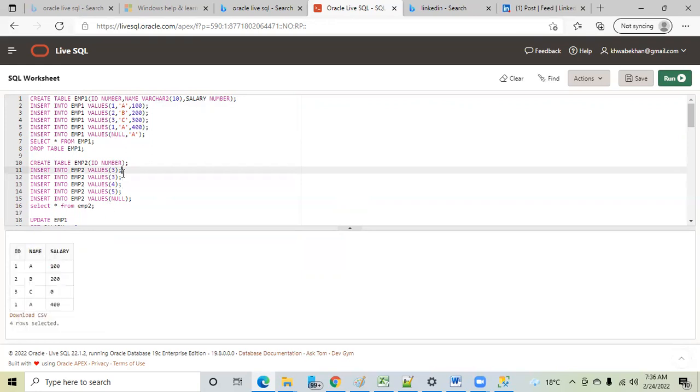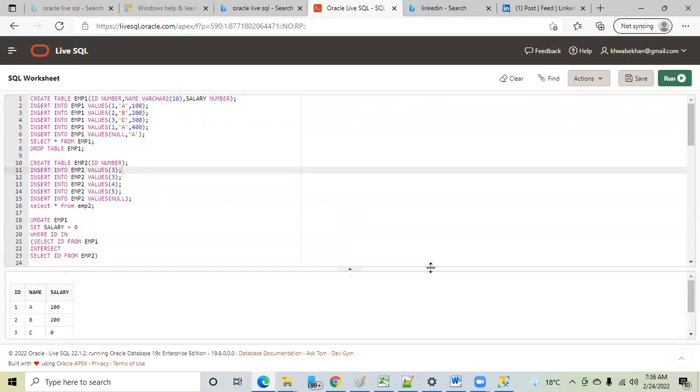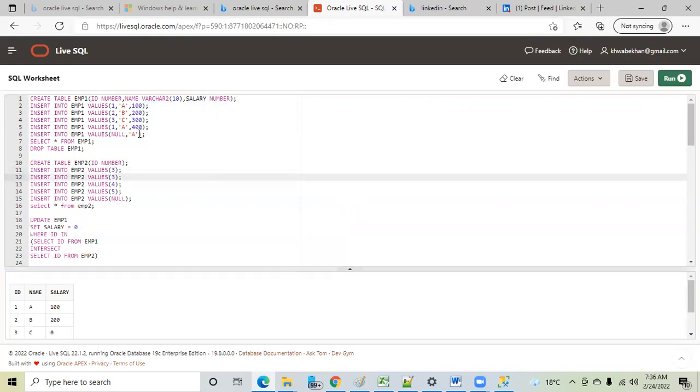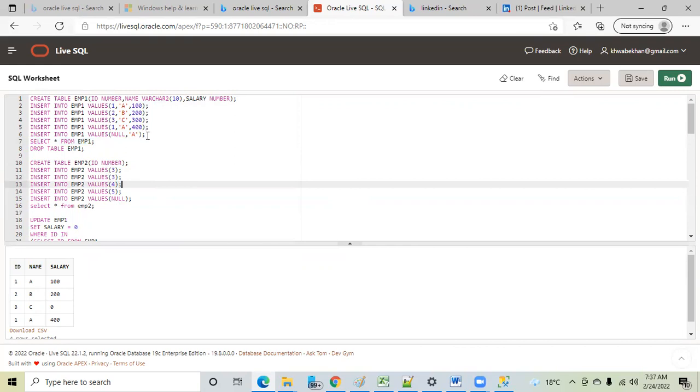Okay. Now, but can you find an issue here in this query? There is an issue here. Null. Intersect had not considered the null value.